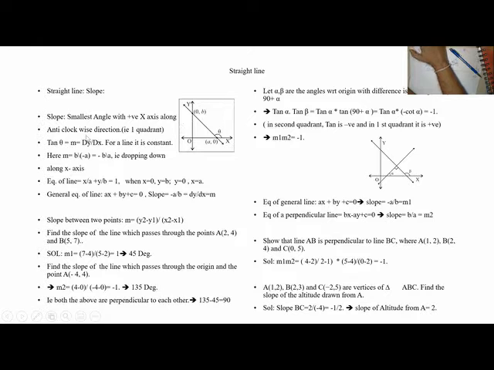So we should understand. Tan theta is the slope, which is defined as m, which is dy by dx. Here, in this case, what is m? M is equal to dy, y2 minus y1 is b, x2 minus x1 is minus a. So b by minus a is equal to minus b by a.